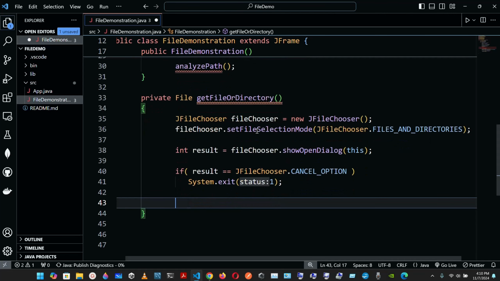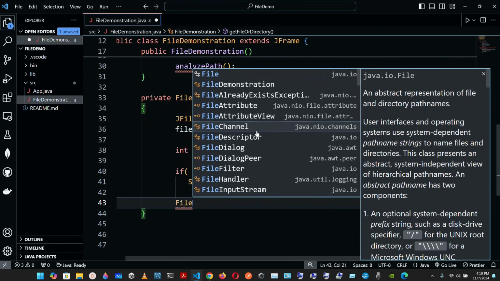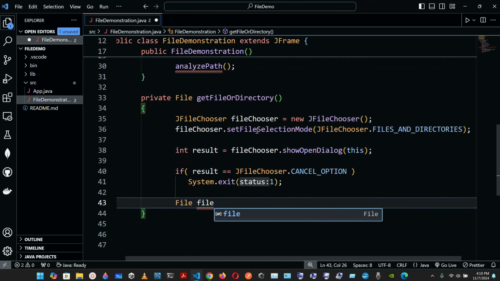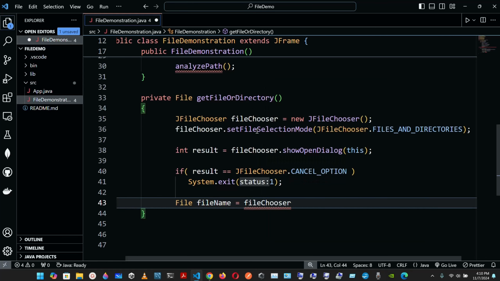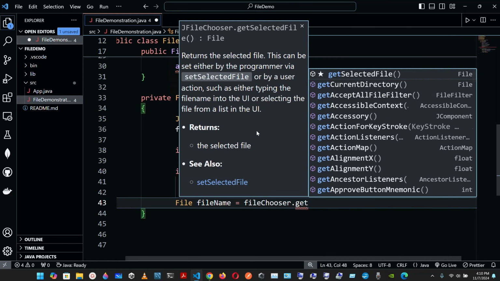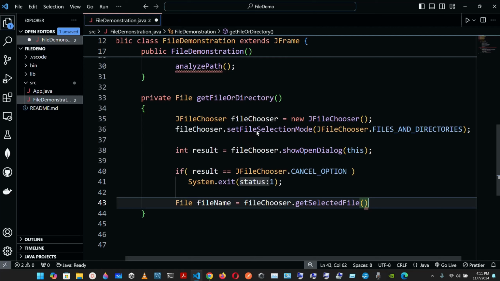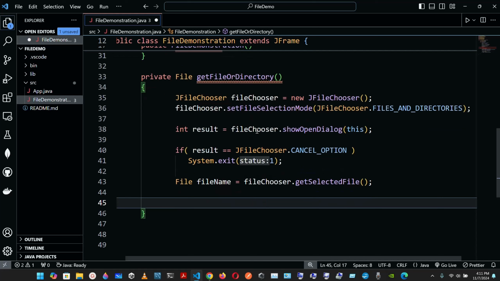Okay, so below we're gonna have a File, and we're gonna have the file name. We're gonna set it to the file chooser's getSelectedFile. Okay, semicolon at the end, so we get the file. And here we're gonna display an error if invalid. So if